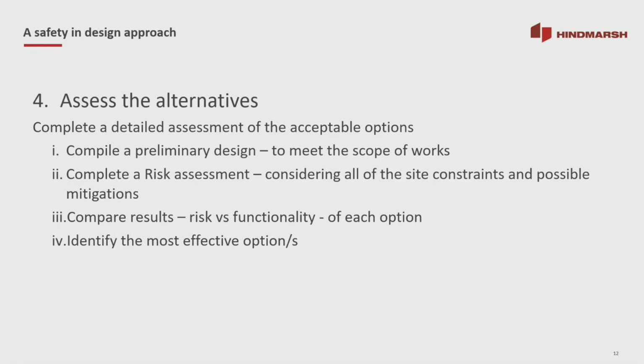So then for us, it's about completing a fairly detailed risk assessment of those two systems. We'd done a risk assessment early on the project about the culvert section, and we had to do the same risk assessment for the alternative solution being proposed. I guess the key issues there are about comparing the results of risk versus functionality for each option, and then identifying the most effective options that you can further communicate with the client and look to develop out as a